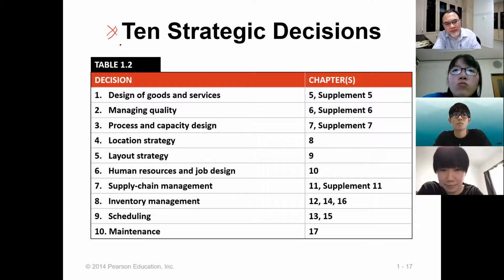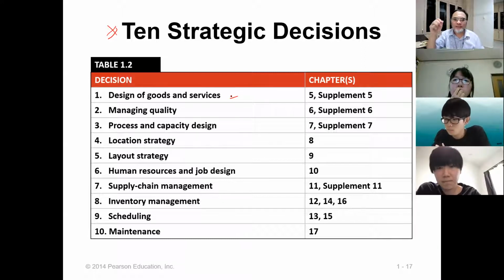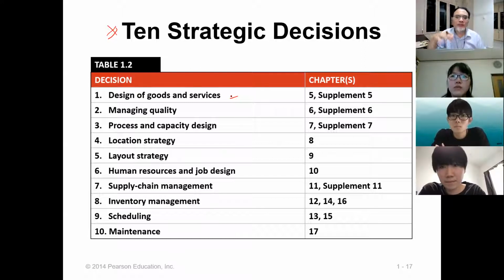So it involves design of goods and services, because before you can actually have operations, you need to have products. If you don't have products, you cannot create or make the product or services. You cannot have the services. Okay. So design of goods and services is an important strategic decision of the company, because it will determine how